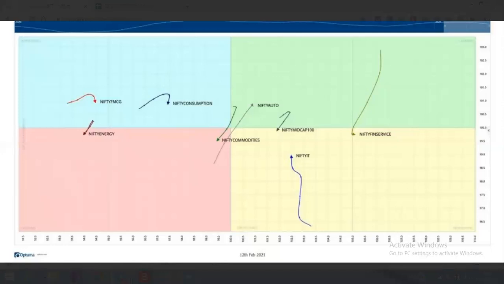Personally, I use RRG to analyze which sectors are doing good, and also to check the global positions of global indices. And remember, RRGs are very lagging in nature. So use RRG only as a reference tool and not for taking trades at all. I would highly recommend against it because RRGs are really lagging. I personally use the RRG on a weekly basis only. I'll show you some things.